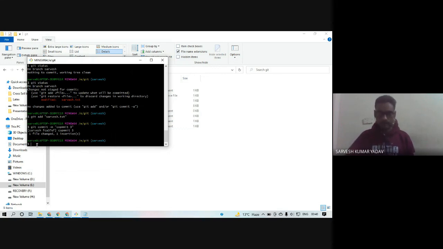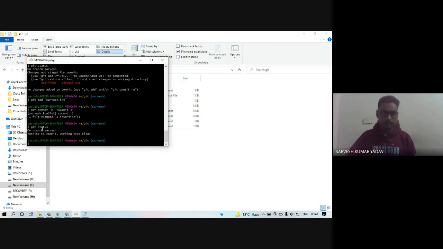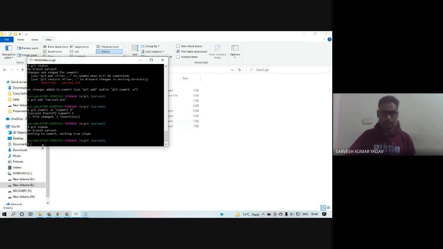Now check, is there any untracked work? No, nothing to commit. We have saved all changes, and here these files are present: ram.txt, service.txt, with our service branch. But with our original branch, git checkout master.